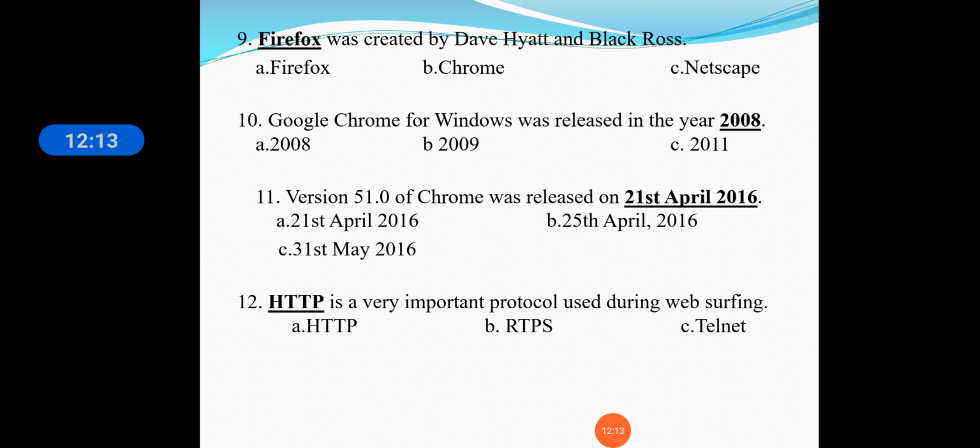So the answer is HTTP. Now see here students, Google Chrome was released in the year 2008 here, and version 51.0 of Chrome was released on 21st April 2016 here, and HTTP is the protocol which we are using, right?